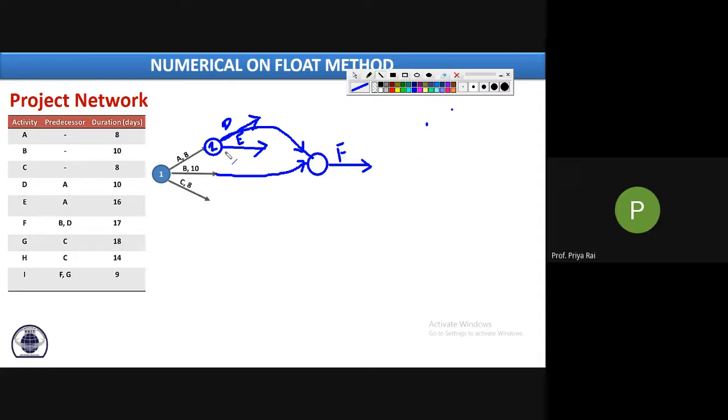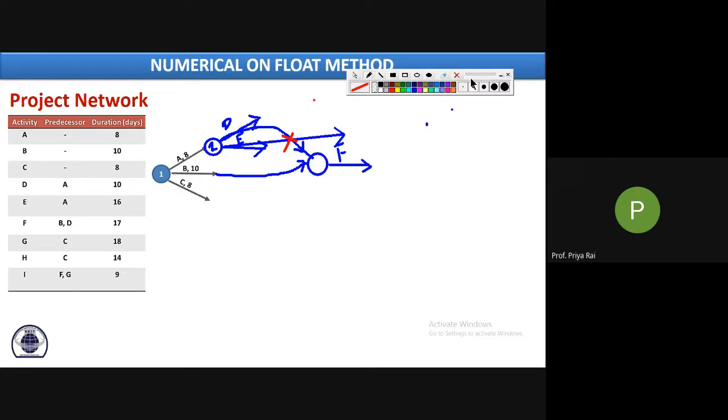Why? Because this E activity is in between these two activities. That means if we continue the drawing, you will see that you will intersect this E activity with this D or B. So in that case this will not be valid. We cannot intersect activities against each other. So what we have to do, we will interchange the position such that there is no interaction between E and D. That means here we will place D and here we will place E.